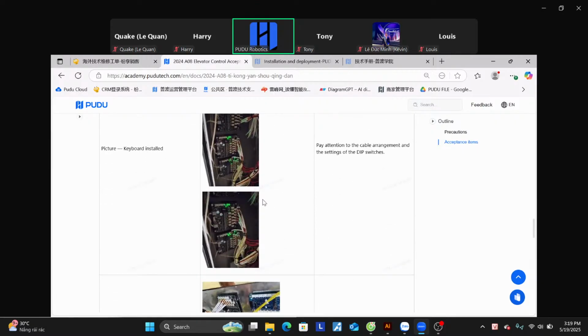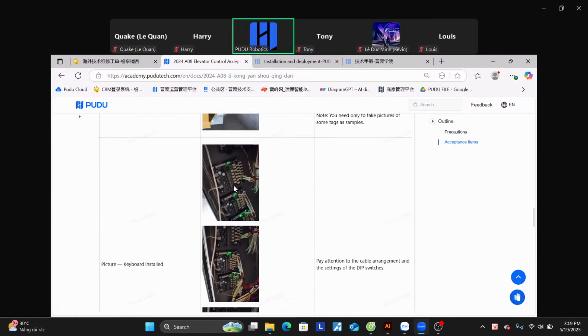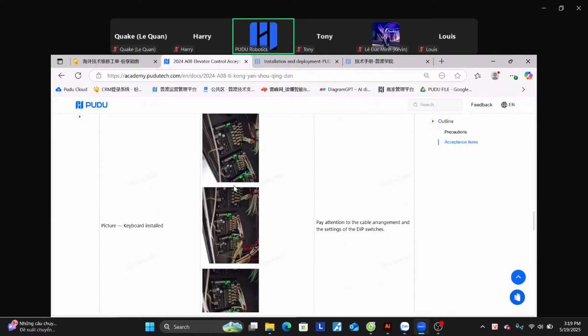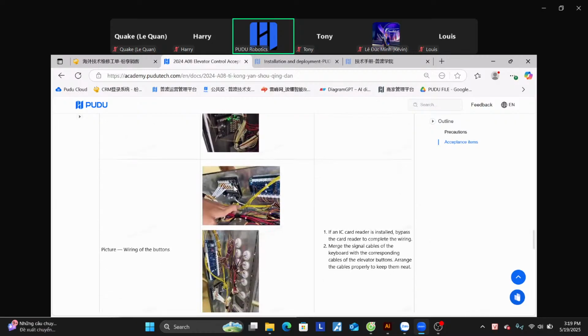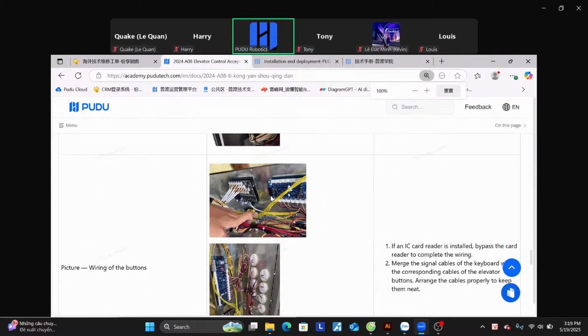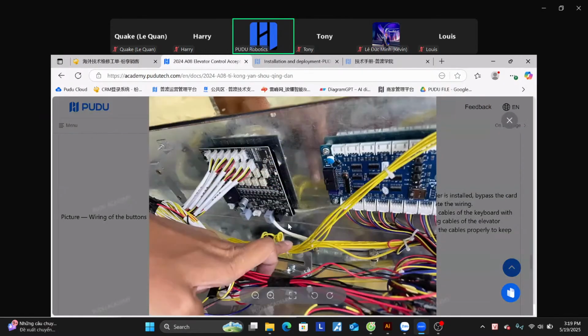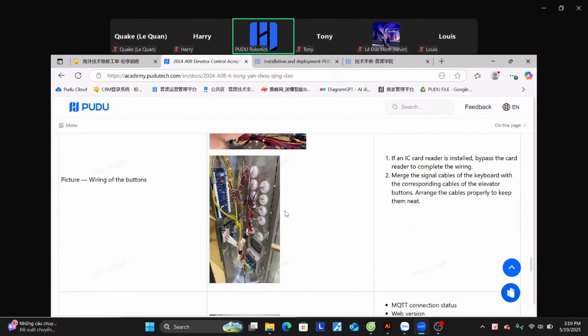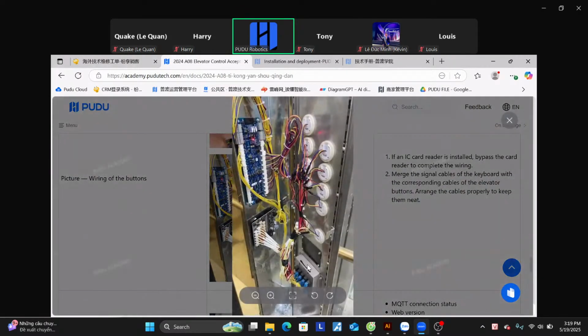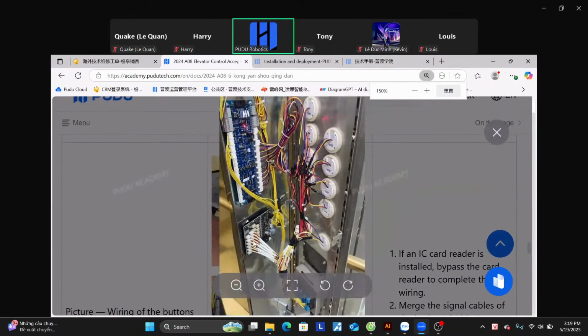Next is the installer. This is the sample that we use to modify at the customer side. You can see that this is our keyboard, and this is our button. For this case, we can see that